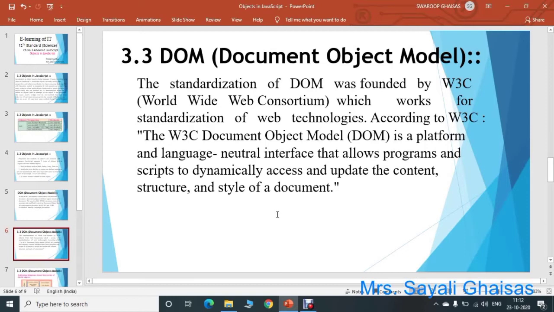So for an HTML or XML program, to make certain changes or have certain styling for the document, you can use the DOM, that is document object model.